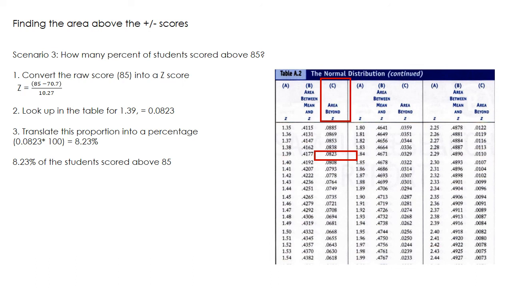So z-scores help us transform the raw scores into a unit or a metric that helps us explain and understand our data better. So why do we do all these things? We want to know better about our data, about the values that we get. So we are able to make comparisons, and we are able to transform this information into more meaningful pieces that can help us make decisions. So hope it was clear.